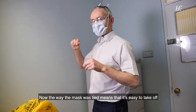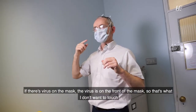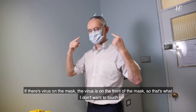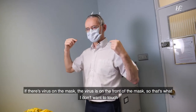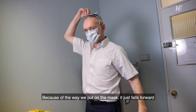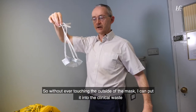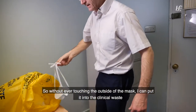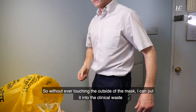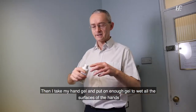Now, the way the mask was tied means that it's easy to take off. If there's virus on the mask, the virus is on the front of the mask. So that's what I don't want to touch. So I put my hand up high and catch the knot. Because of the way we put on the mask, it just falls forward. So without ever touching the outside of the mask, I can put it into the clinical waste. And then I take my hand gel